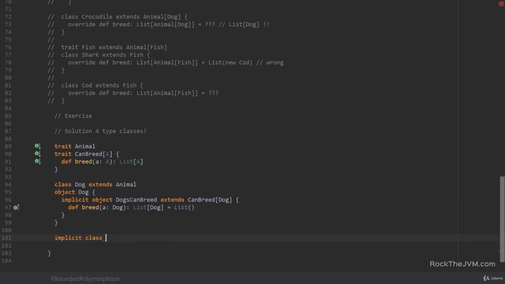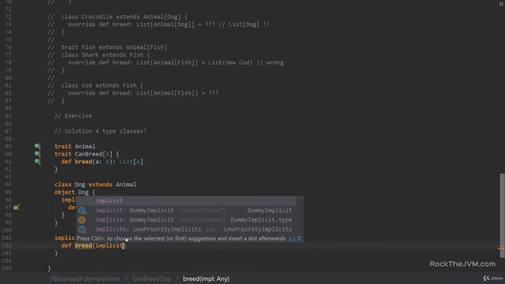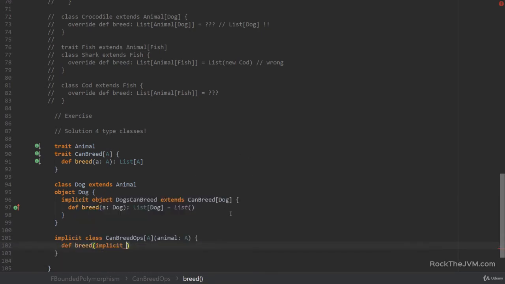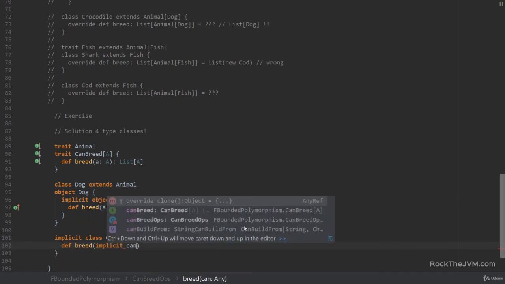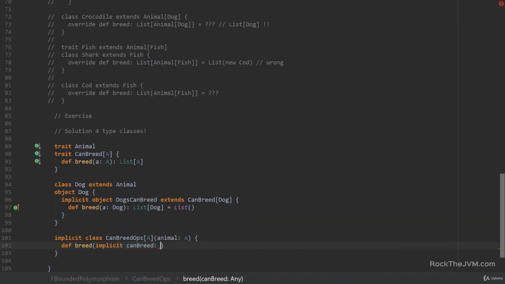Let's call this CanBreedOps, or enrichment, of type A. And this receives an animal of type A. And let's say this has a method called breed, which receives an implicit argument of type CanBreed[A].